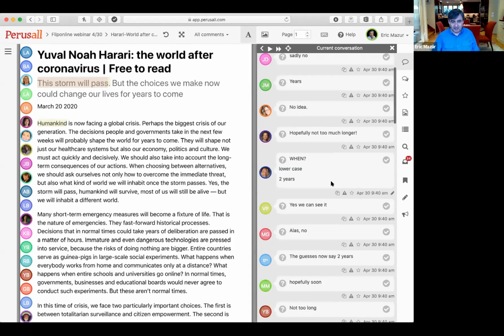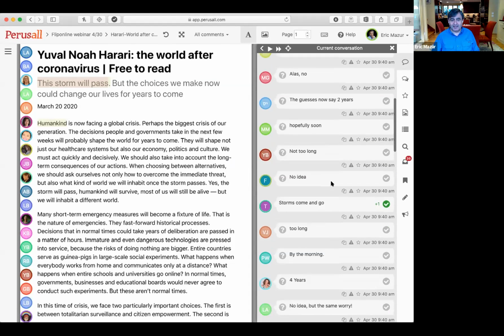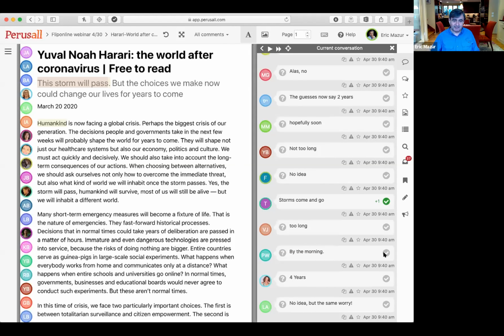I'm going to vote that one up. You see, in Facebook we have like buttons. Here we have no like buttons, but we have a question button, which I'll explain in a second, and we have a "this helps my understanding" button, or "I like this explanation" button. I definitely like "by morning"